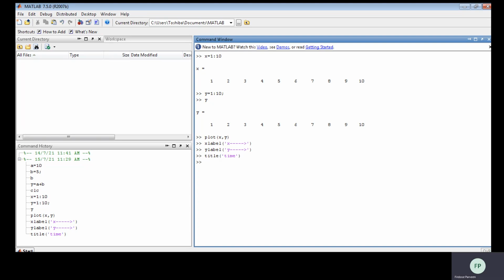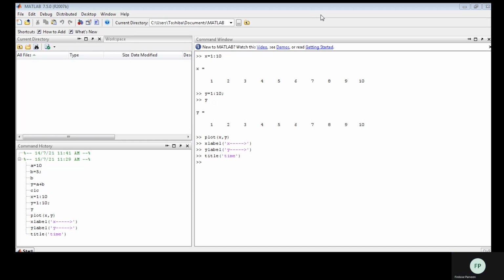Enter. Let us see the figure. It has been labeled with the title we have given, time.